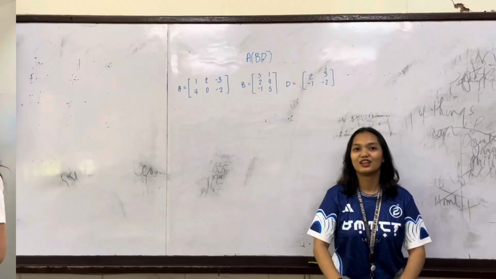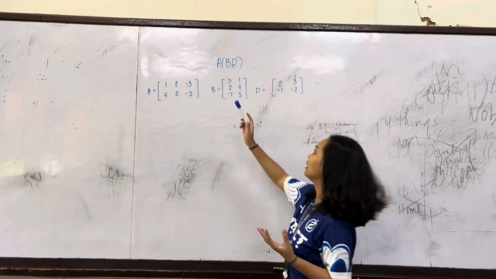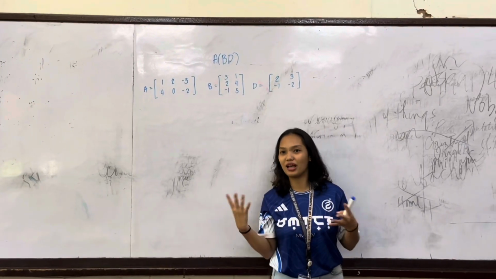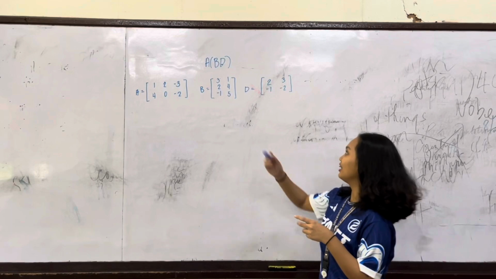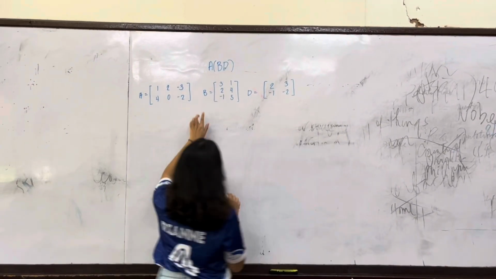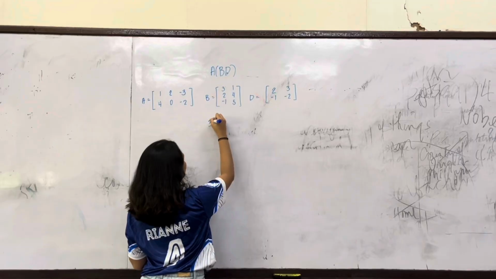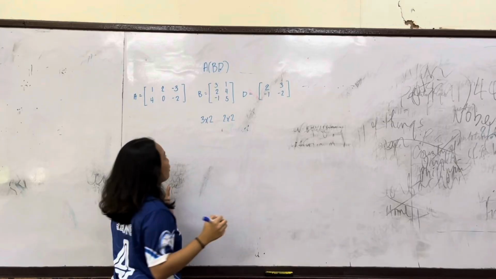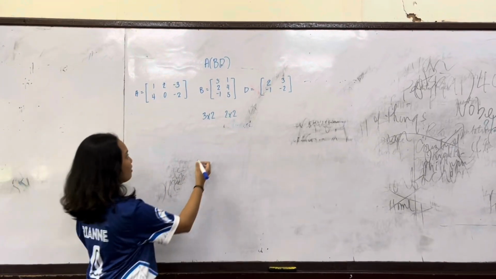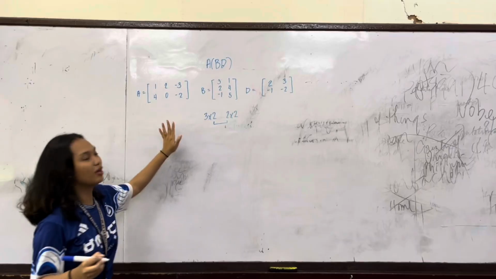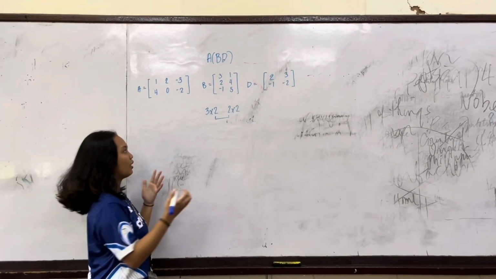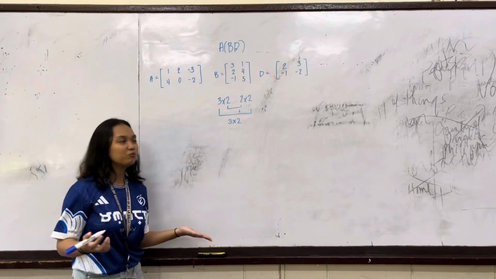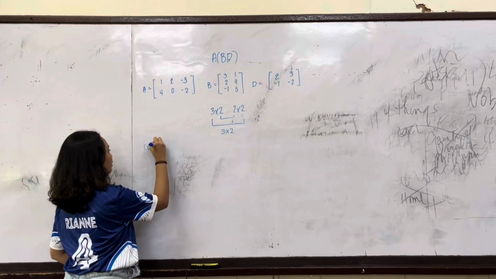So that's all. So my given problem is matrix A times matrix B and D. So first, by order of operations, we're going to multiply inside the parentheses. So we see that matrix B is a 3 by 2 matrix and matrix D is a 2 by 2 matrix. We can only multiply matrices if they have the same number of inner dimensions. So if we multiply matrix B by matrix D, we are going to have a matrix which has 3 rows and 2 columns. So in my own process, I'm going to write the column 1 of matrix D,